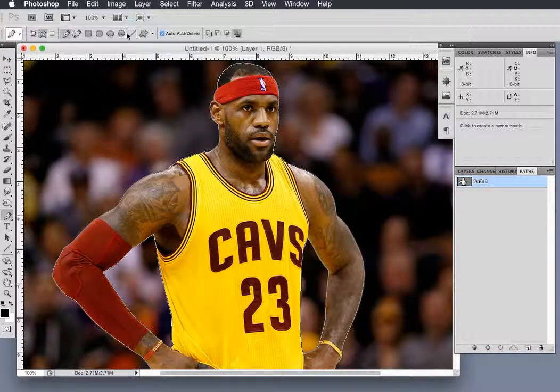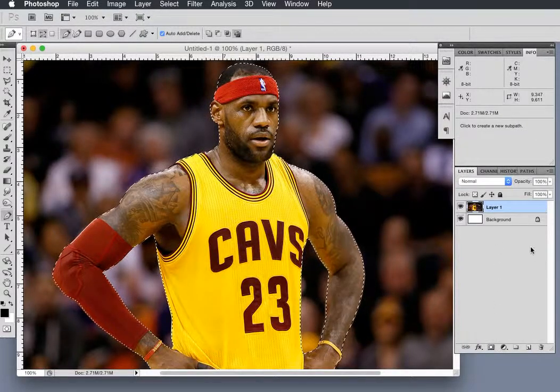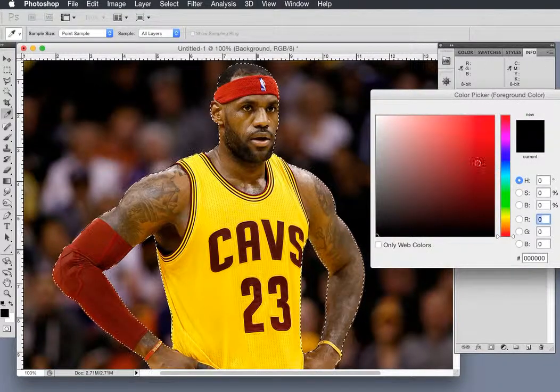But one of the most important things here is these options up here. And I'll just show you really quickly. I almost never have a use for any of these other options besides this last one, which says exclude overlapping path areas. So what that means is I drew a shape around the entire image, and then I drew holes inside. And what that means is these holes will be invisible once I make a selection or pull it into another document. So right here I'm going to make my selection, and you can see here, I'll quickly go ahead in here